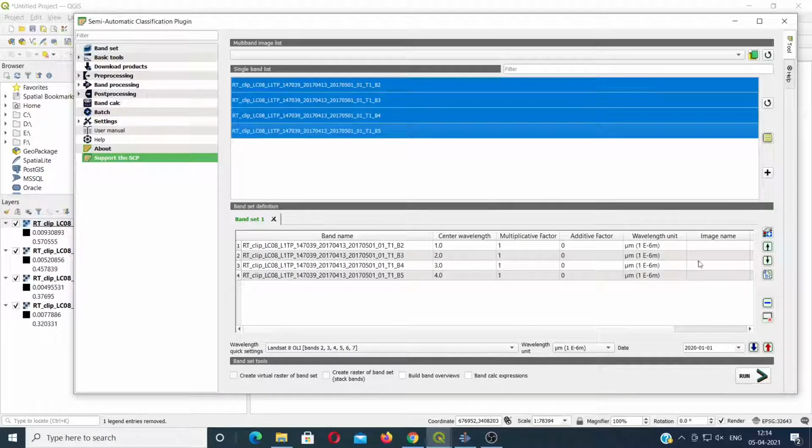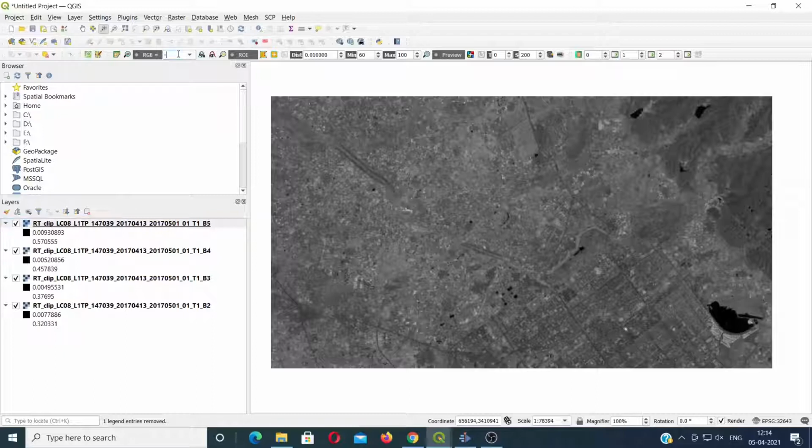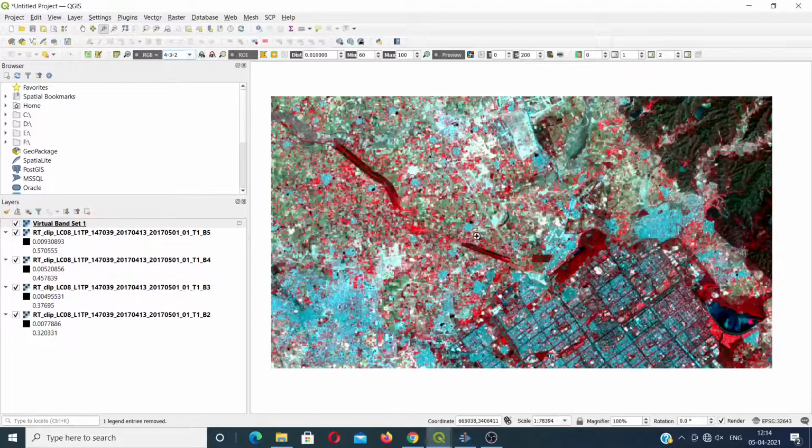Here once it has been added to the band set, we can just minimize this, and here by default we have the band combinations, that is the false color composite combinations 432 and 321. I'll just select 432. Now you can see the false color composite imagery for Chandigarh region has been developed.